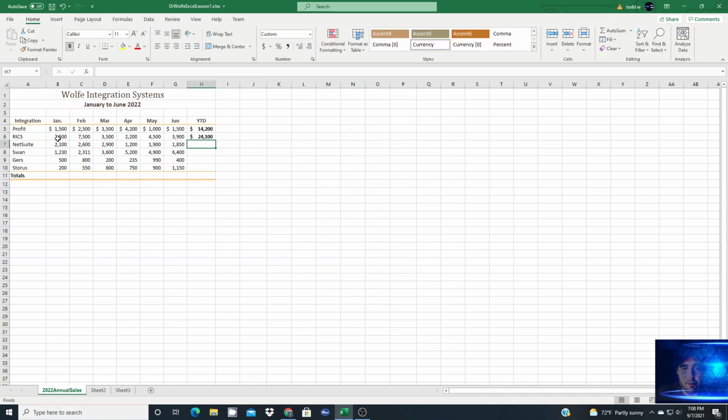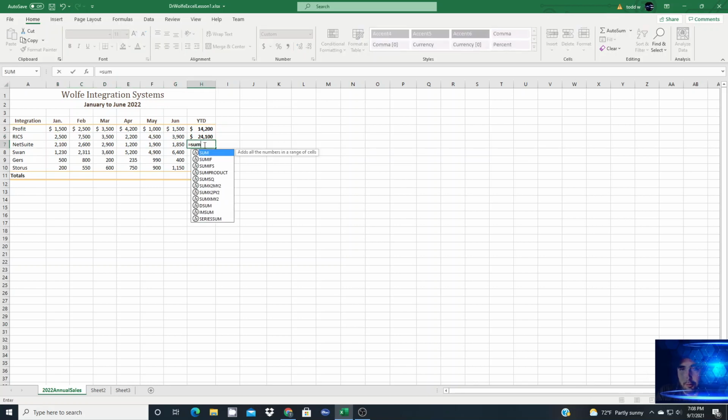It takes longer to do that, but there are practical uses where you will not have a range of numbers where you might need to add them. Proving it out, 24,100 matches my calculation. One additional way you could do this is hit the equal sign, type the word sum, type an open parenthesis,